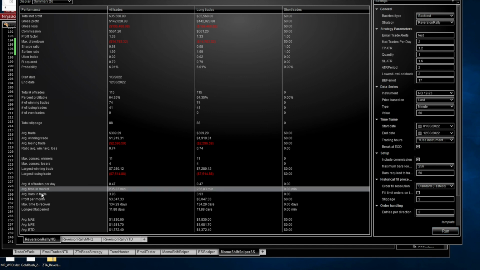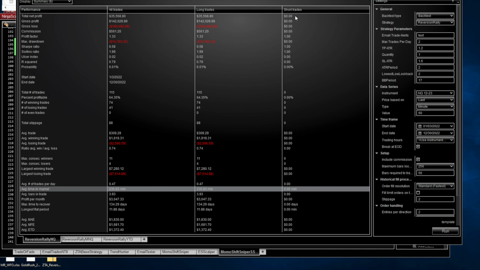It still day trades, but you can see here that the average time in market is about 235 minutes. So it's in a trade for a few hours, right? It holds on to the trade and it lets price move back to that mean. And you can also see that in 2022, the win rate is quite high. It's almost 65% here, which is great, right? And this is the backtest if you traded it on the full mini NQ contract.